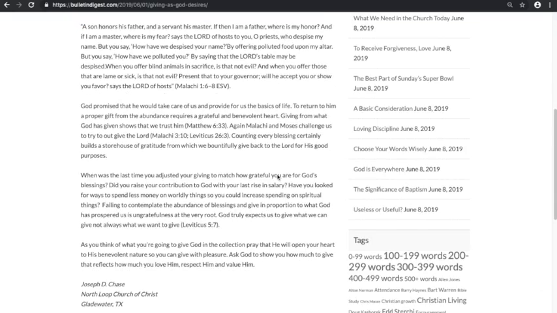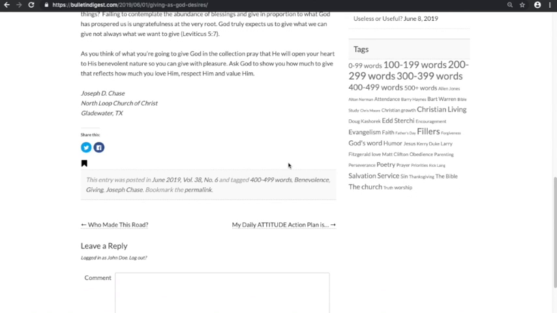And you will notice at the bottom of the article, there is a shaded box. And in this shaded box, you will see some highlighted links. These are called tags. First of all, this article is tagged in the June 2019